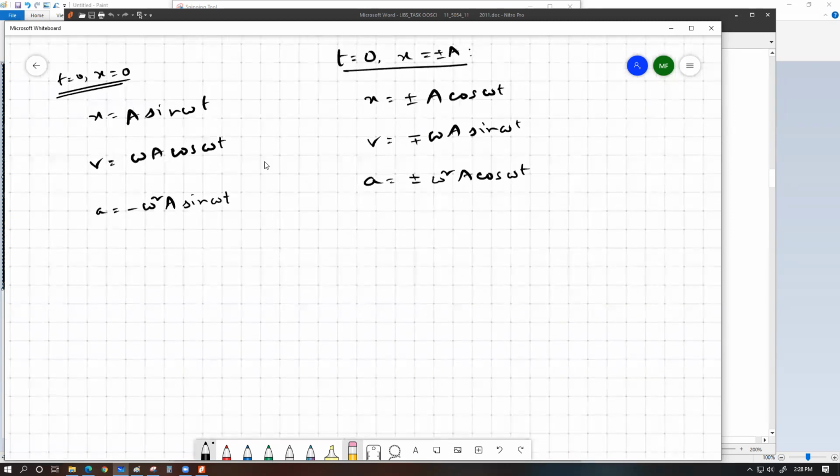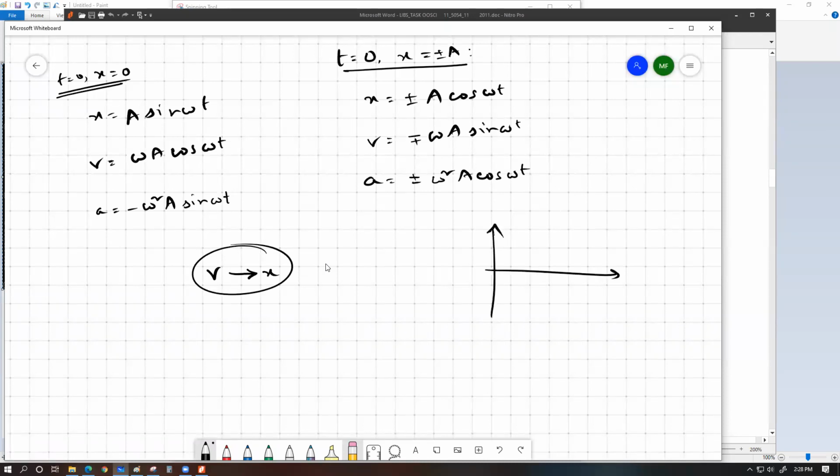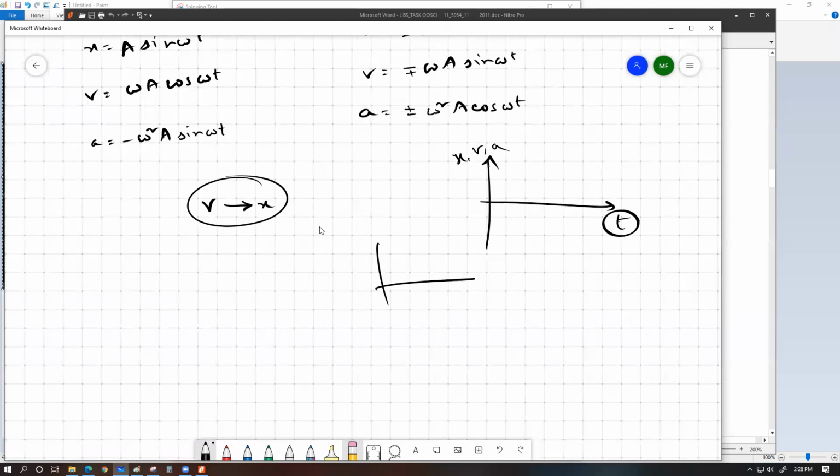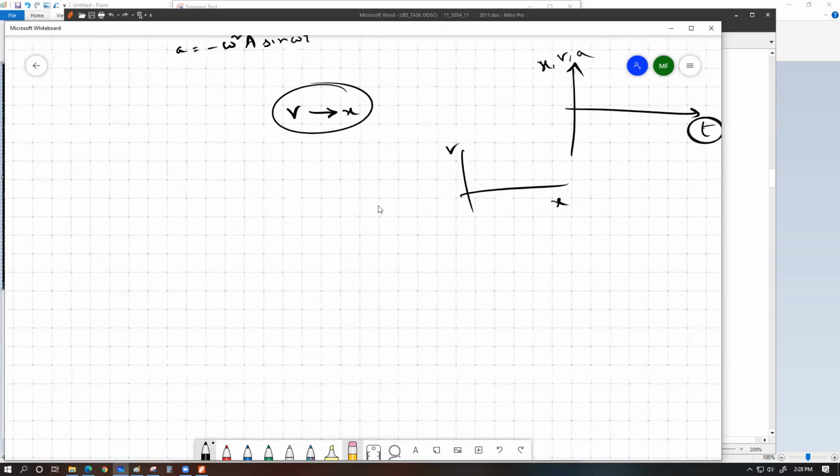The next thing is that in all of these expressions, x, a, or v, they were expressed in terms of the variable t. The next part is that we want to express the velocity in terms of x. It means all of these things enable us to draw graphs of some variable x or v or acceleration with respect to time. But now we want to get an equation where v should be expressed in terms of x, so that we could ultimately draw a graph of v versus x. এরকম একটা গ্রাফ যদি আমরা আঁকতে চাই, তাহলে আমাদের কিরকম ইকুয়েশন আসবে? সো সেই ইকুয়েশন আমরা একটু ডিরাইভ করার চেষ্টা করি।